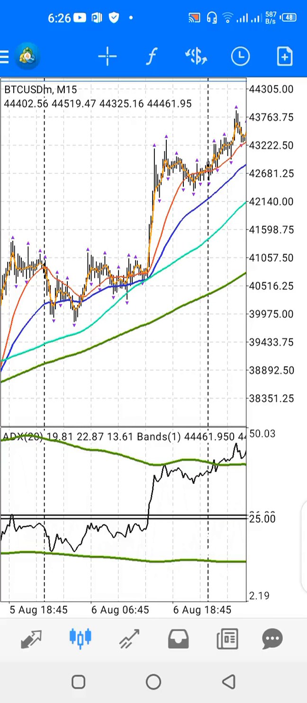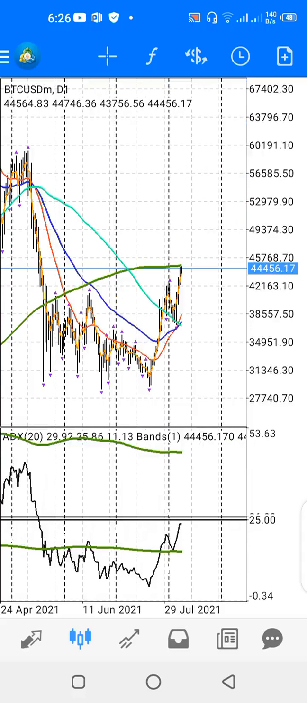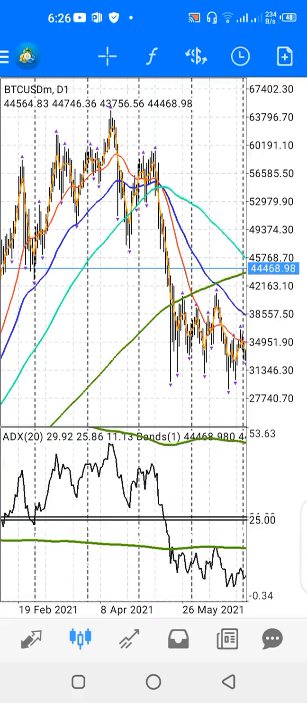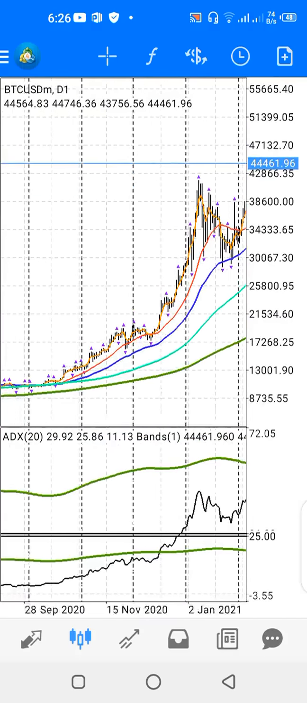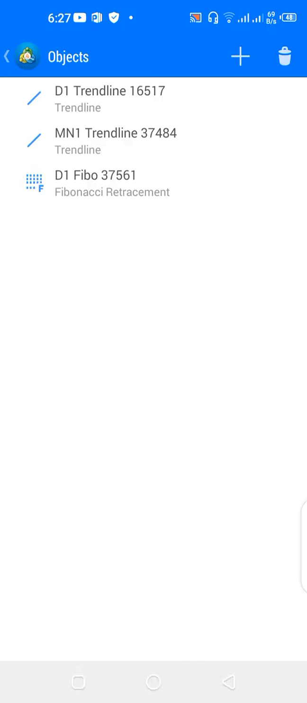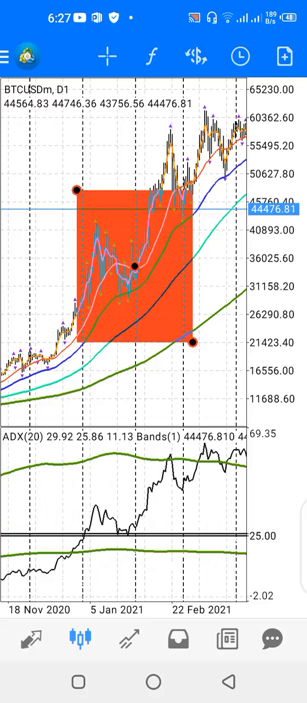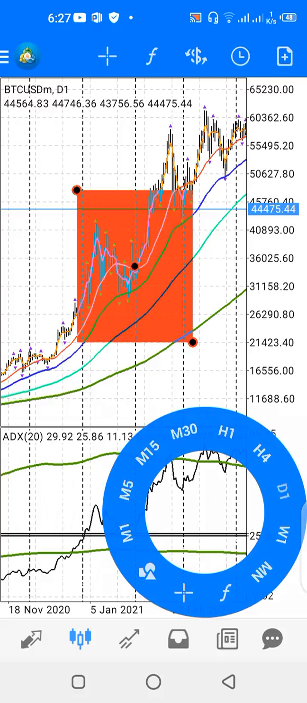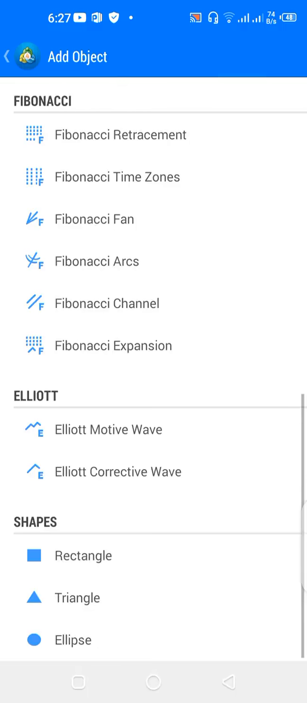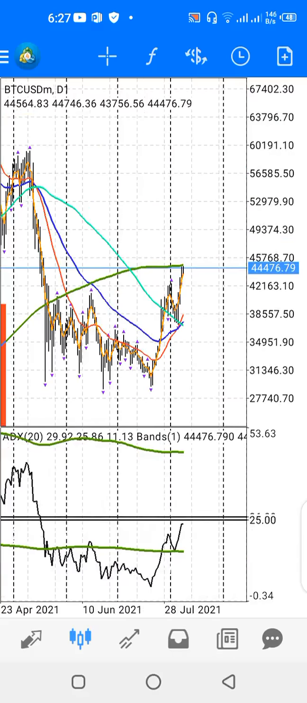So I will first of all go to the daily time frame. This is the daily time frame. All right. I have multiple moving averages on the main screen. This is my main screen, and this is indicator window one. Okay, so on the main screen for BTCUSD, okay,